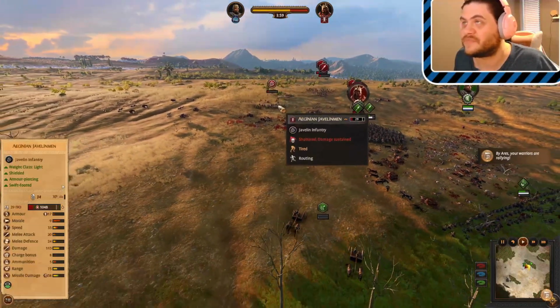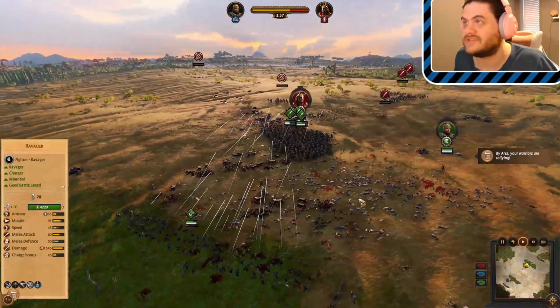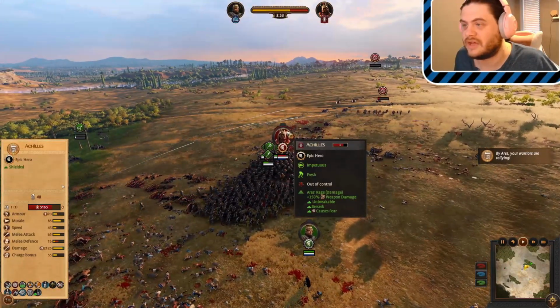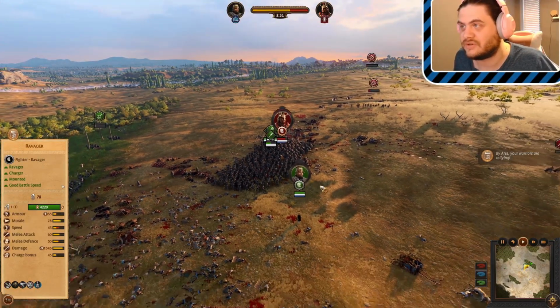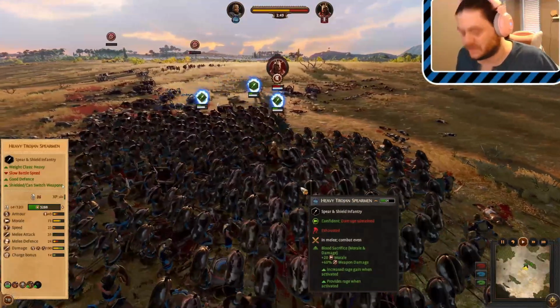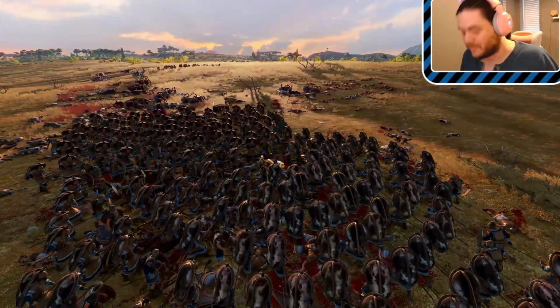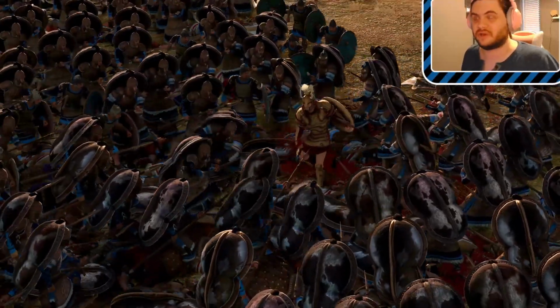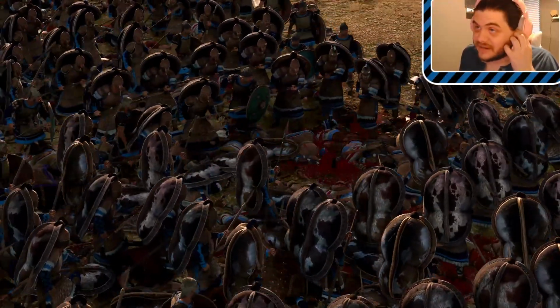I think that'll rout them, and I think all that's left is... Yep, that's it. Done deal. All that's left is to kill Achilles, who's completely surrounded. He says he's unstoppable, but he is not going to be capable of winning this battle on his own. And with this fight, we see